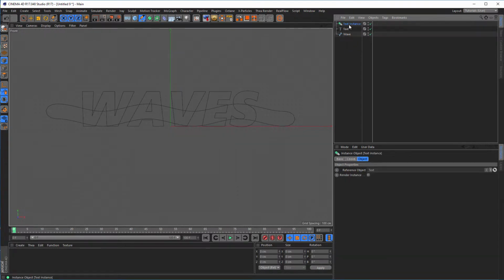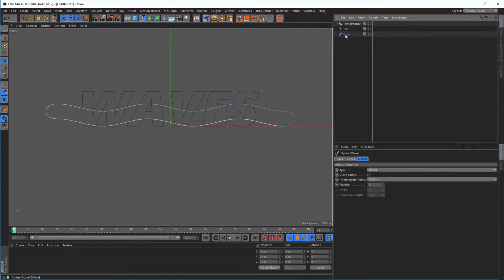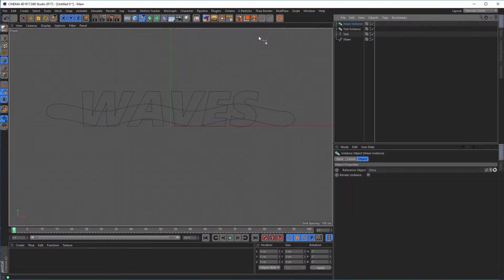Now I have a text instance, and with the wave I do the same. Wave index, so we can later change our text and the wave. For now we need to see it because we have to see what we do. So